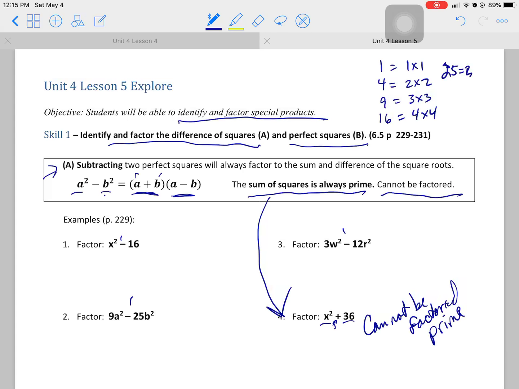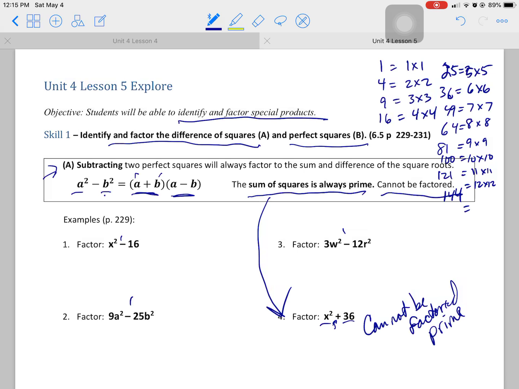5 times 5, 25. What's 6 times 6? 36. How about 7 times 7? 49. 8 times 8, 64. 9 times 9, 81. 10, I'm going to keep going. 10 times 10 is 100. 11 times 11 is 121. And 12 times 12 is